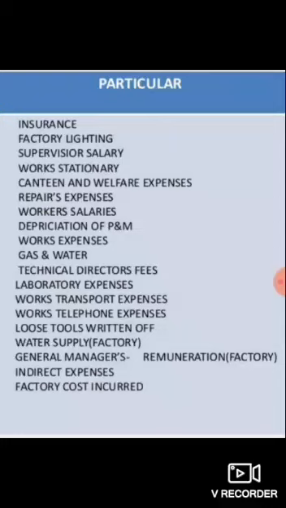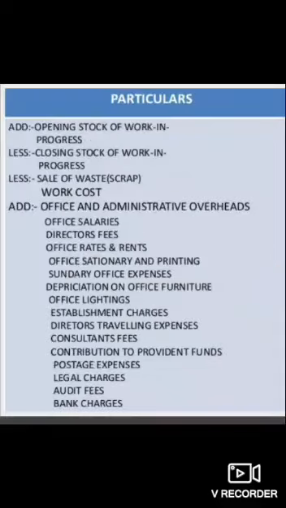And indirect expenses, these are the indirect expenses and factory cost incurred. So these all come under overheads. Take the total of overheads in an inner column. And next,